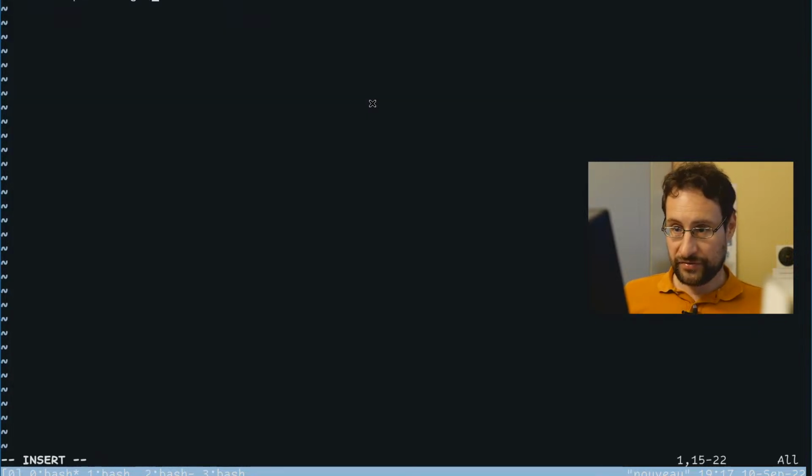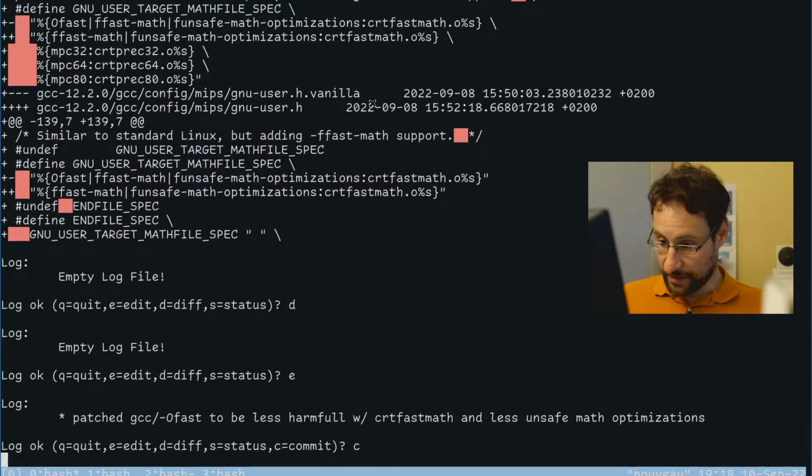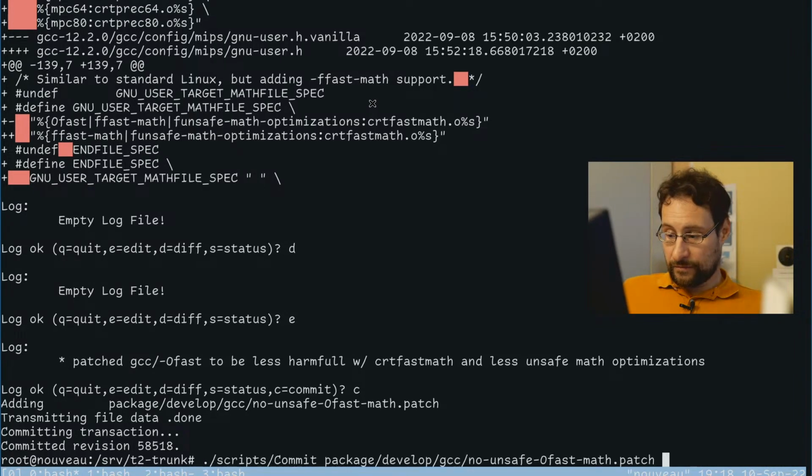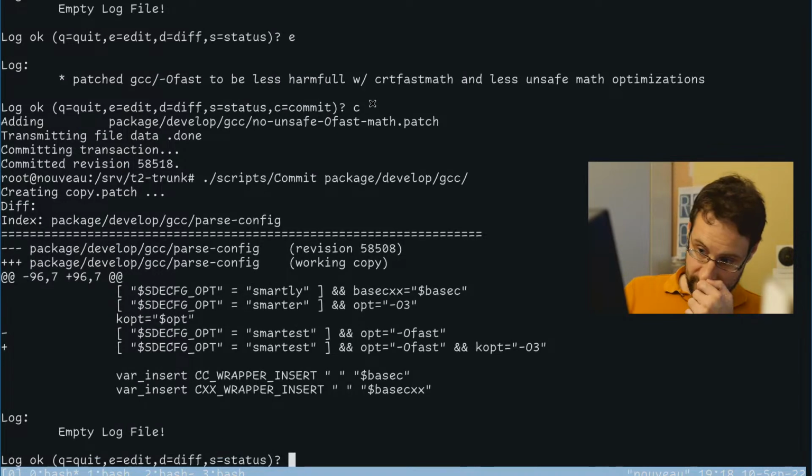Patch GCC fast to be less harmful with the CRT fast mess and less unsafe mess. I think like that. What was the other thing there? Right, this was smartest.